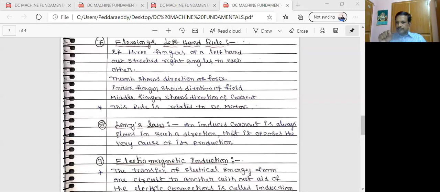An induced current in any conductor or in any rotor always flows in such a direction, that it opposes the very cause of its production. Okay, next